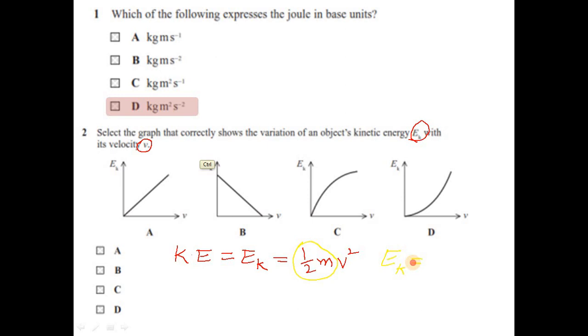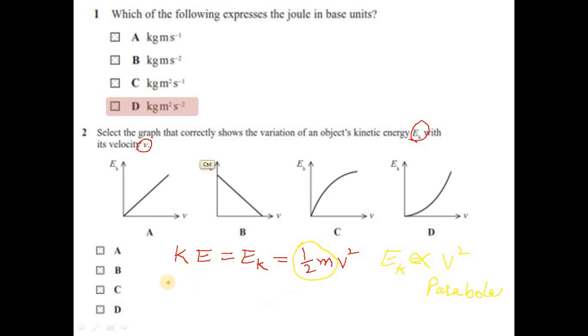that means kinetic energy Ek is directly proportional to v square. That means if you see the graph of kinetic energy and the velocity, because of the square, you must have a parabola. So for your understanding, if you recall